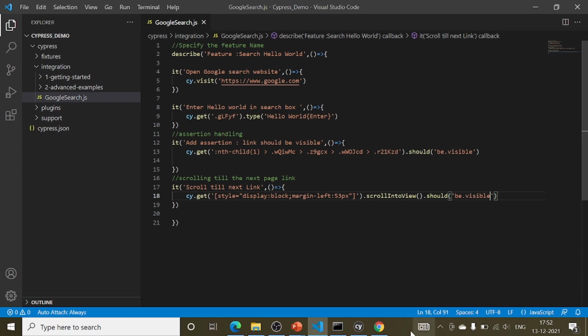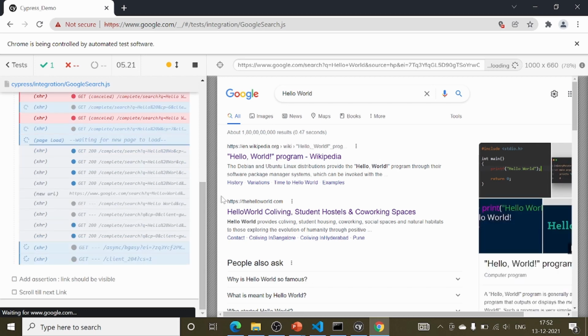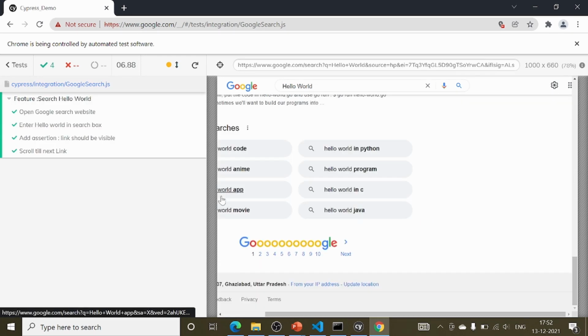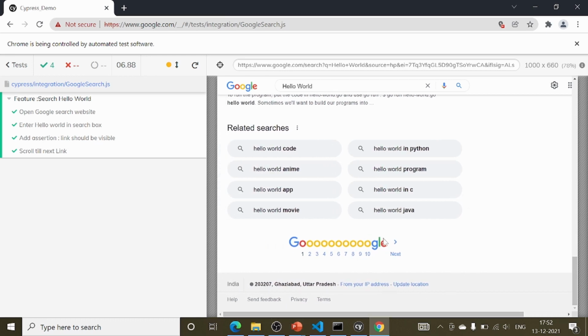Okay, now let's see how it executes. Okay, the test case is executed. It has opened the Google search website, entered hello, validated the assertion, and then next it has scrolled to the element next. As you can see on the right hand side, it has come to the end of this page.